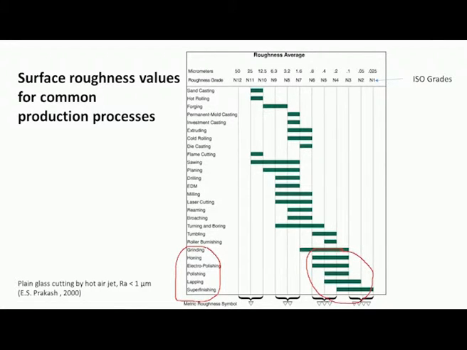I can see here the range is from 0.05 up to 0.8 micrometer RA. Super finishing can provide an even finer finish of up to 0.025 micrometer RA. Depending upon which facility is available, we can appropriately select the machining operation. And for rough surfaces, we can always go for milling, drilling, and planing operations, which provide a finish in the range of 0.8 to 6.3 micrometer RA.